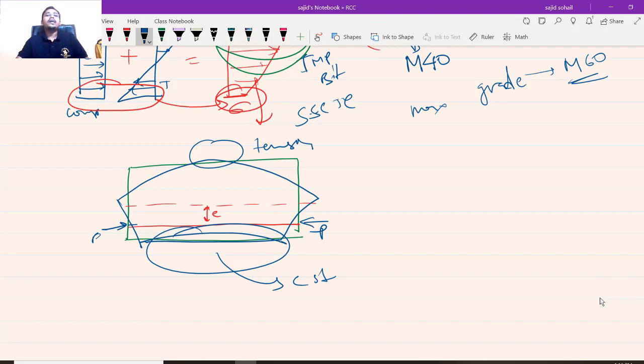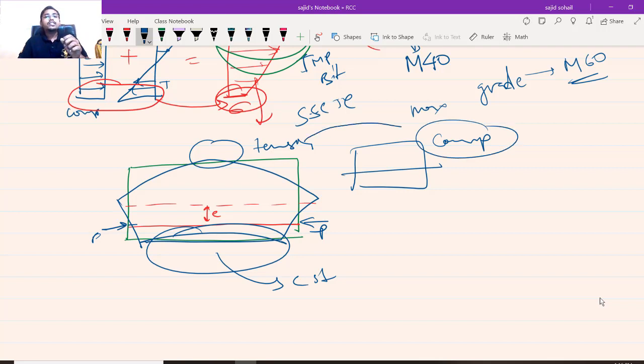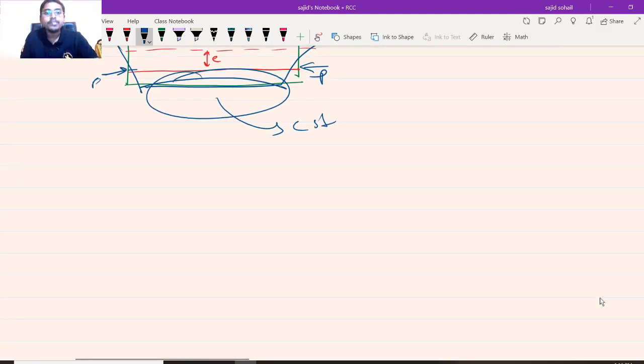So what is happening at the top? When I gave it at neutral axis, the compressive stresses were more, but now as I am introducing a certain amount of tension stresses because of the eccentricity, the net stress again will be less at the top. Let us solve it numerically. Once again, no issues, we have a lot of time. These concepts are very important. You have to understand from the bottom of your heart.